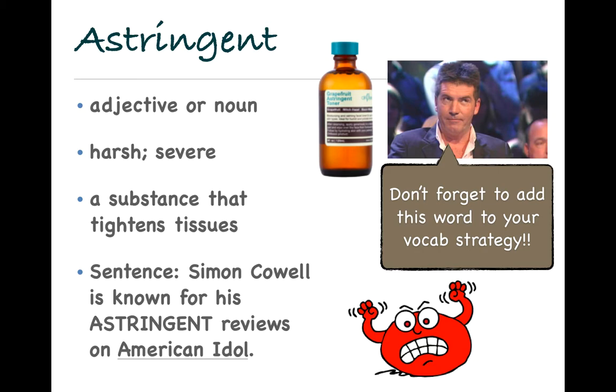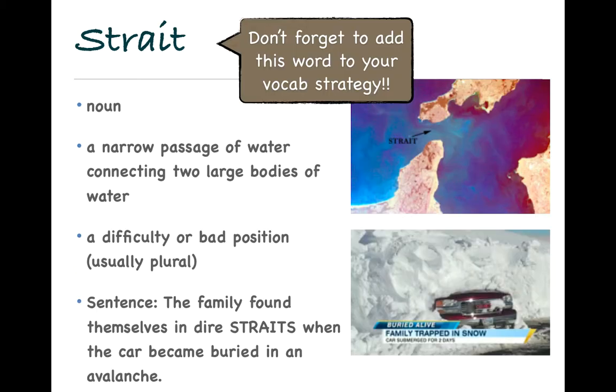Another sentence in which it's used as an adjective, from your book: astringent criticism from one political candidate often draws an equal biting response from an opponent. We have 2 more words we're learning. The next word, this is your 9th word, is strait. Now notice this is spelled differently from the straight that you're used to, which is spelled S-T-R-A-I-G-H-T. This strait is actually a noun, not an adjective, and it has 2 definitions that are very different,